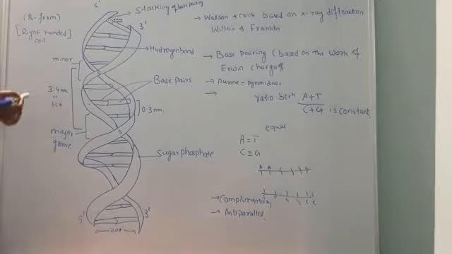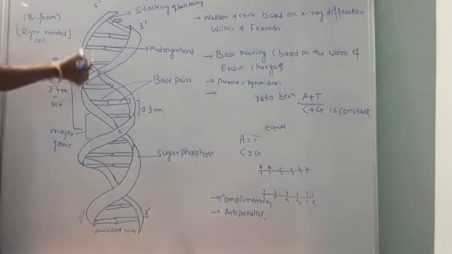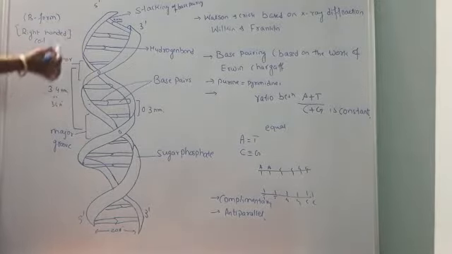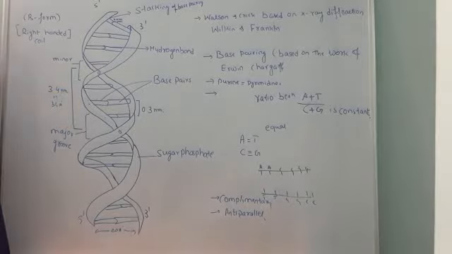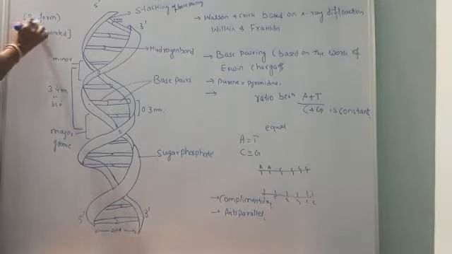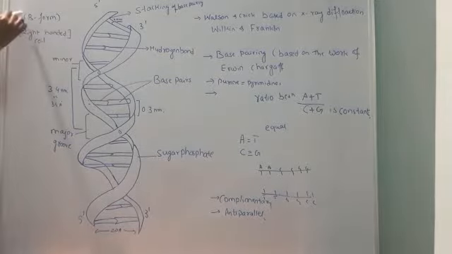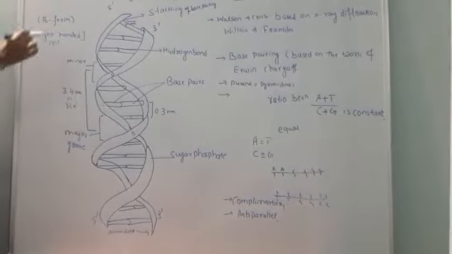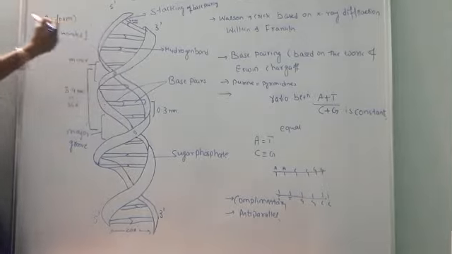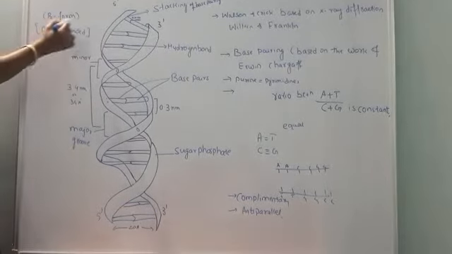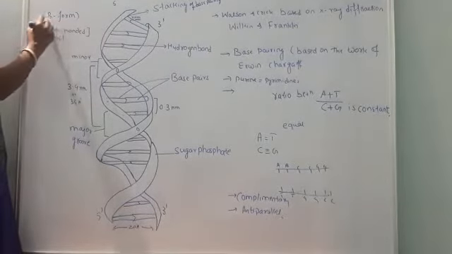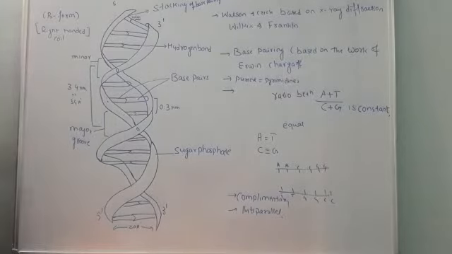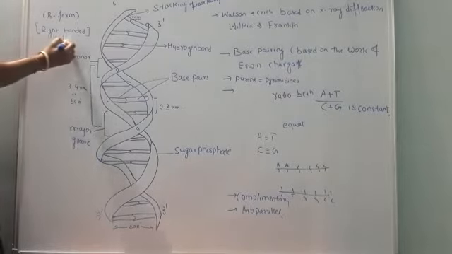So just to focus your attention on the diagram. This diagram reveals the following features. So what are the salient features of this diagram? First of all, this DNA is known as the B form of the DNA. What does it mean? B form means it is a right-handed DNA, means the coiling of the DNA is towards the right side. So hence this type of DNA is known as B form of the DNA, or it is also called right-handed DNA coiling.